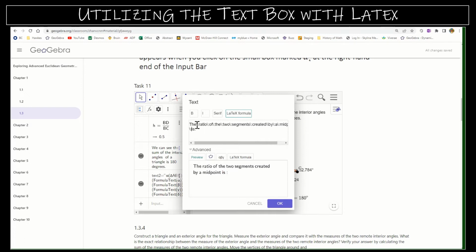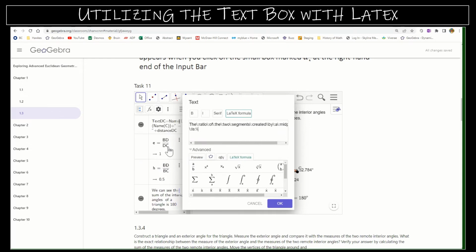midpoint, slash colon, and then I'm going to do slash slash, and then I'm going to look at using the LaTeX formula. So here I want to actually we're going to do BD over DC. So I'm going to choose this, which tells me exactly how to make a fraction. I'm going to replace A with BD and B with DC, and then equals, and then I'm going to do it again, and then I'm going to tell GeoGebra to actually use E,